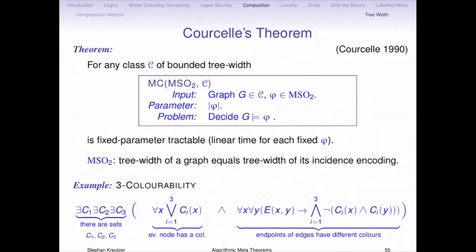It can be made a bit more precise. Control flow graphs have treewidth 5 or 6, and backbone networks of telecom companies are bigger, something like between 20 and 40 or so, but it's not huge. I mean, these are American companies with a huge number of servers. And in theory, you could solve these kinds of problems now by just coding it into an MSO formula and letting it run.